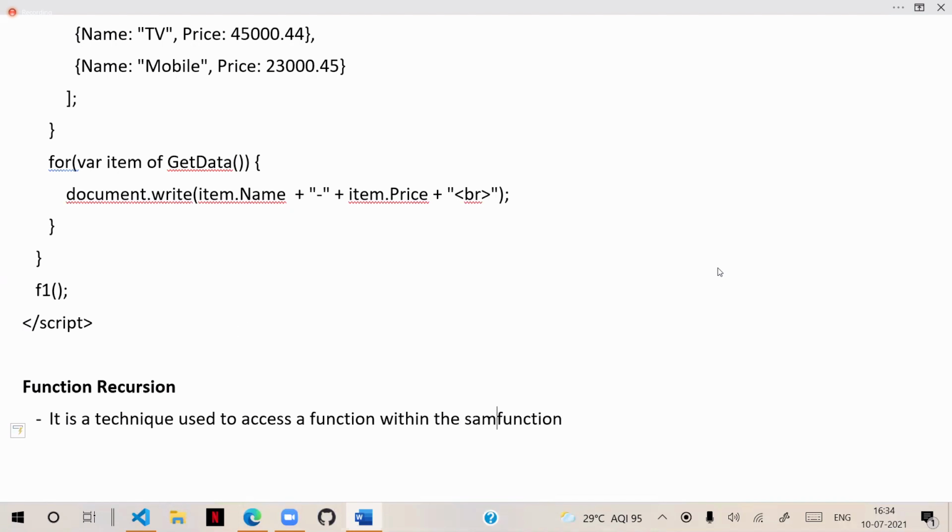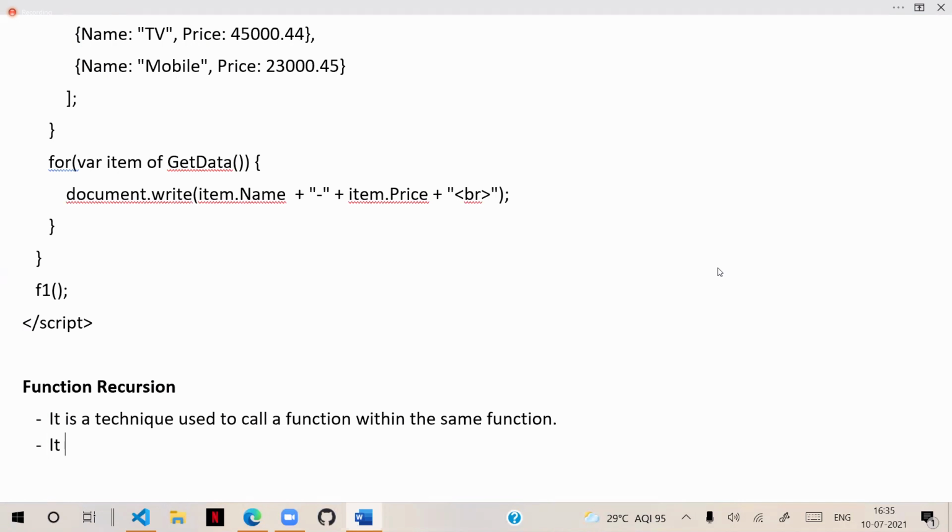A function is accessed within the same function. Or better, you can say it is a technique used to call a function within the same function. That is what recursion is.